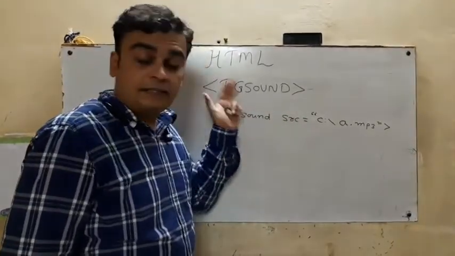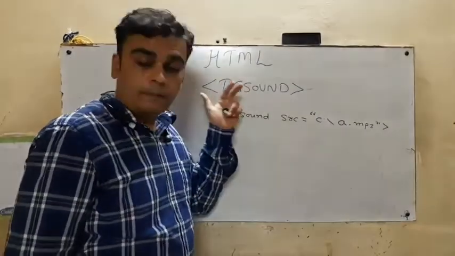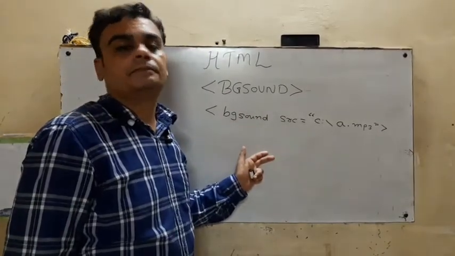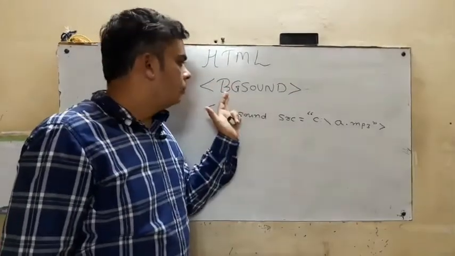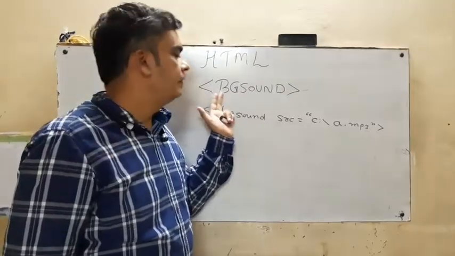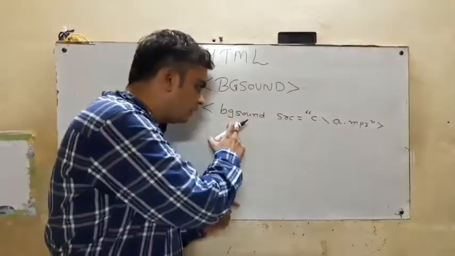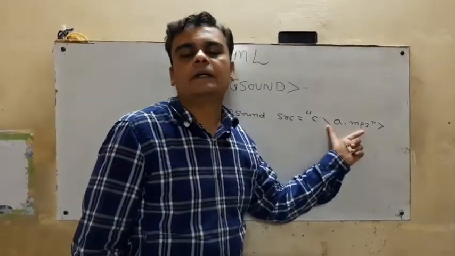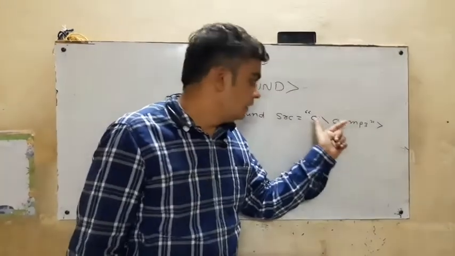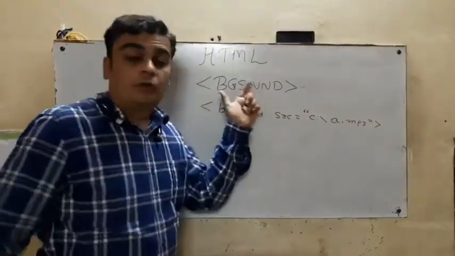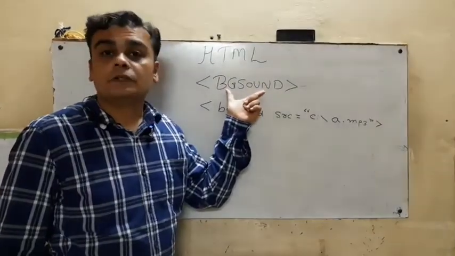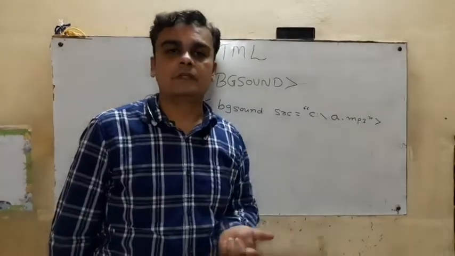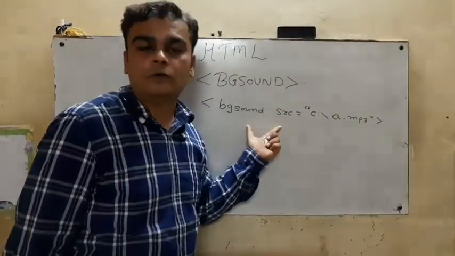There are some other additional tags that are also used for background sound as well as for inserting videos in a web page. So is that clear? How can we insert background sound in our web page? For that purpose we use BGSOUND, then SRC, and this is the path of this particular MP3 file. But what does BGSOUND actually do? It will play this file automatically after the web page loads, meaning it is without control by the user.